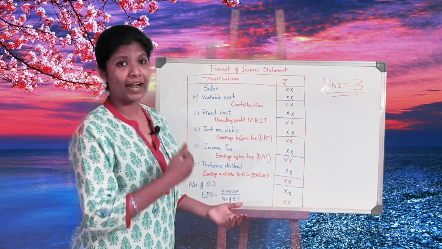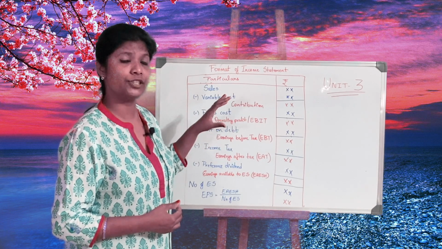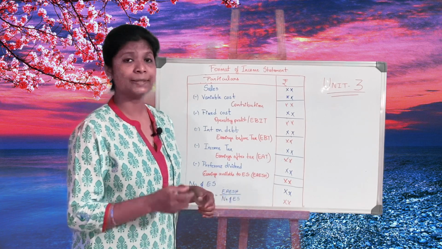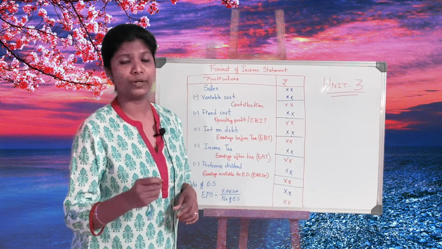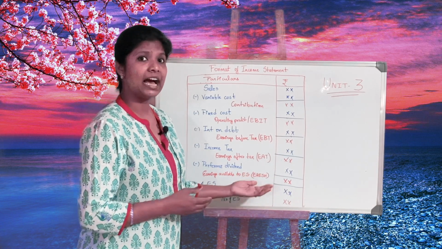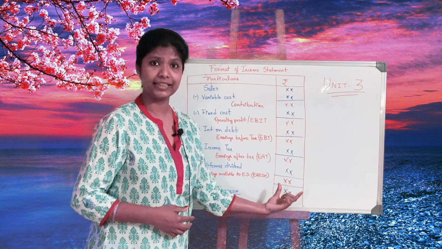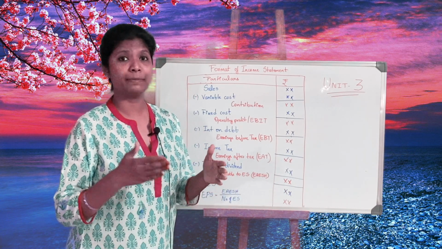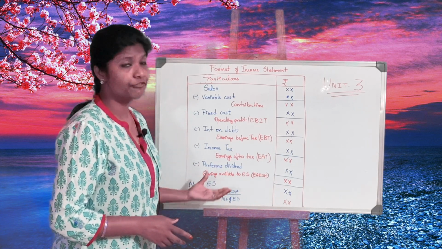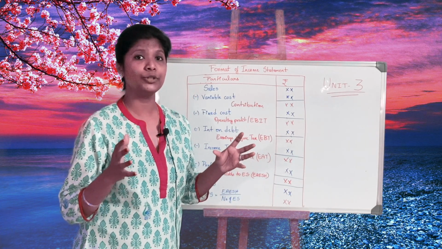And then finally, after all the bills to be paid, interest to be paid, expenses to be set off, what you arrive at as the final answer is called earnings available to equity shareholders. I repeat, it's called earnings available to equity shareholders. It is out of this final amount that equity shareholders are going to get a part as dividend, only the equity shareholders. Now this amount is a total lump sum amount available to equity shareholders.